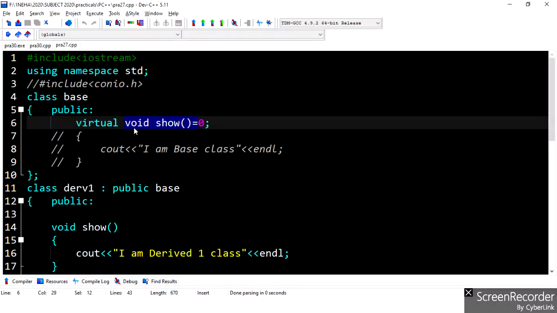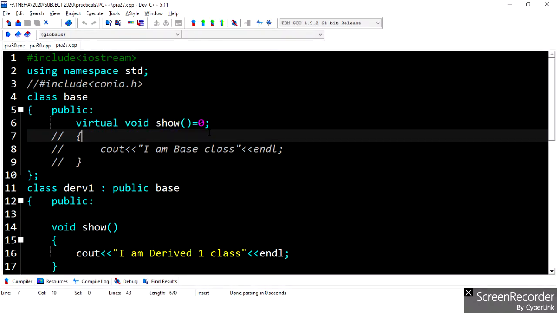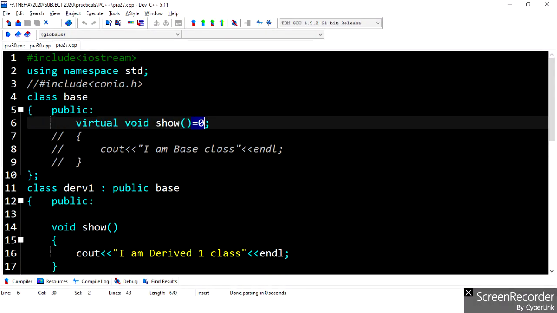Now void show equal to 0 with the keyword virtual represents that it is a pure virtual function. As we discussed in previous chapters' videos, a pure virtual function has a definition like this: virtual void show equal to 0.